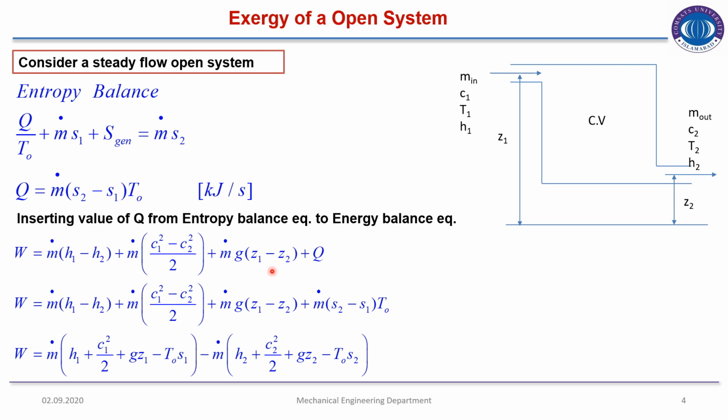That is the relation that we obtained in the last slide. So here we have a value of Q. We will replace the value of Q with the value of Q that we have obtained through the entropy balance equation. So the value of Q, that is m dot S2 minus S1 into T naught, is placed in this relation,